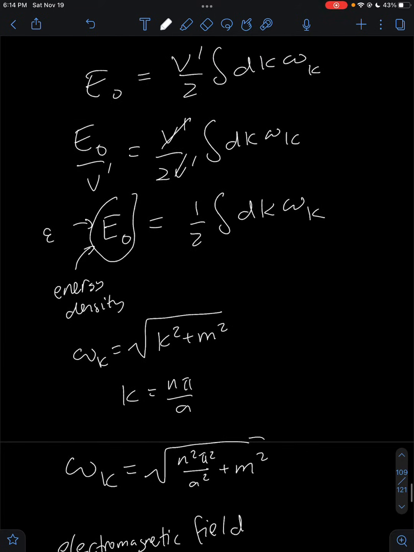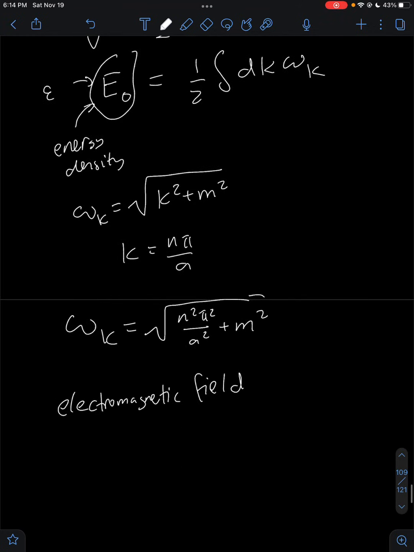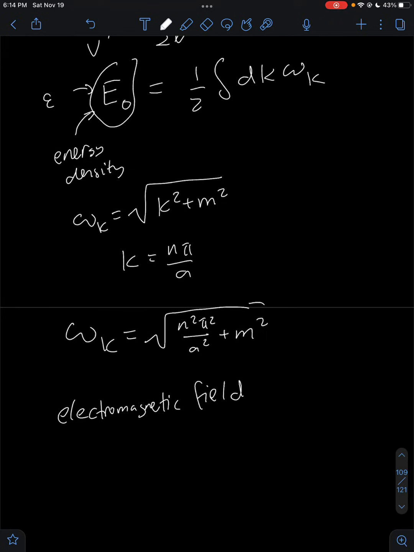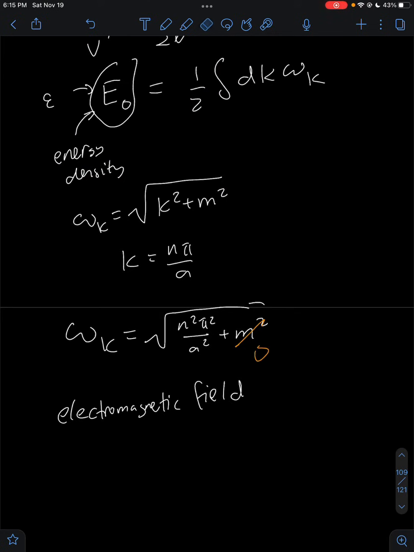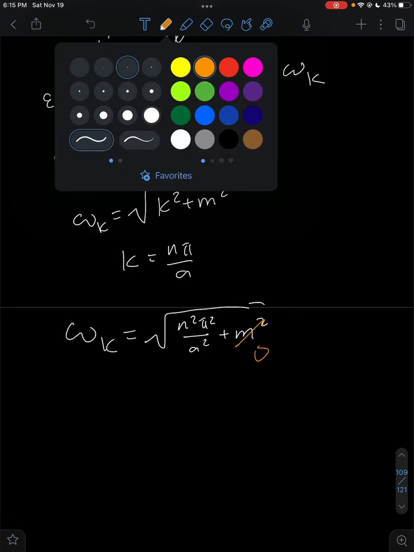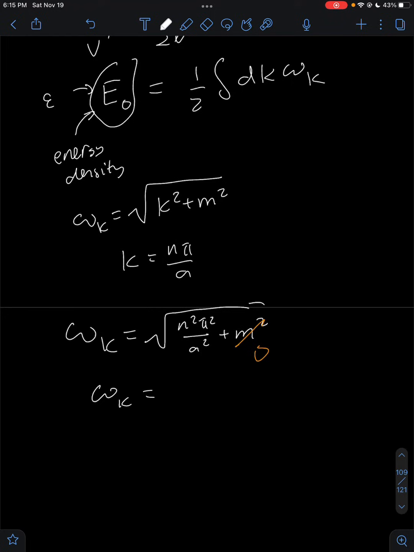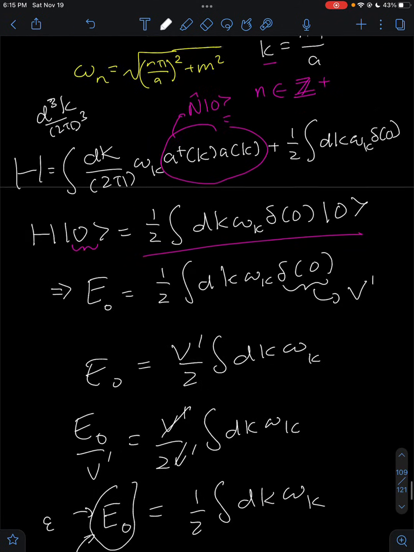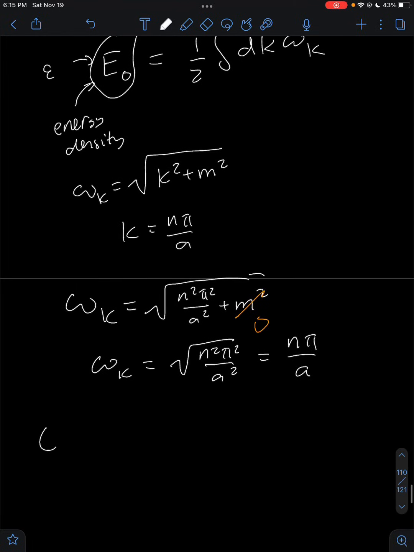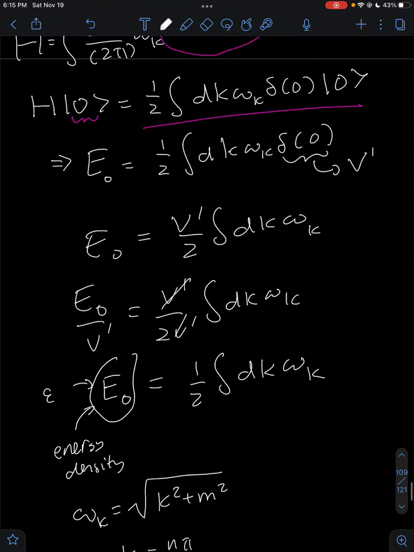Now to describe the EM field, we have to make a few modifications. First of all, we need to note that an actual photon field is massless, right? So this m term just drops out to being 0. This means that omega k now becomes the square root of n squared pi squared over a squared, which is just n pi over a. So that makes this expression much simpler, much easier to work with. So now we have that E naught is going to be 1 over 2